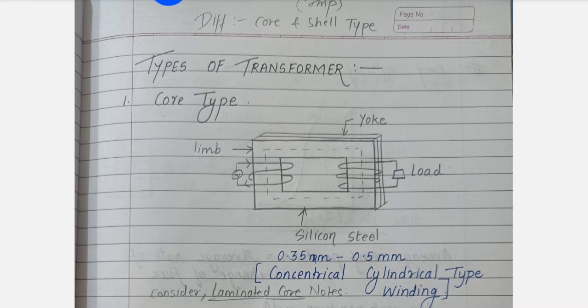to the transformer core. So in this, what will be the expected question? I have written on the top the difference between core and shell type. This question is asked, so it is an important one. So if you understand both of them, it will be easier to write their difference.